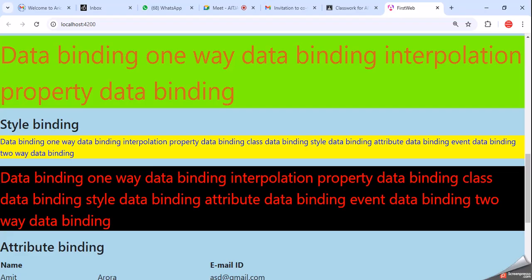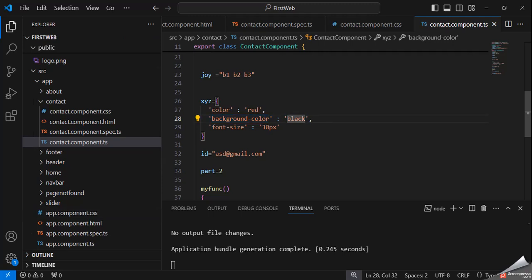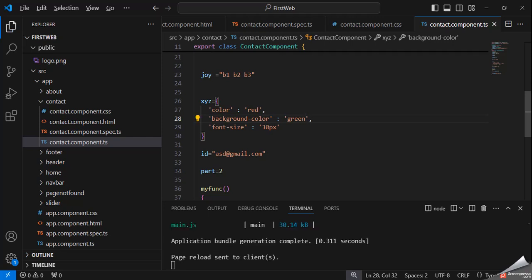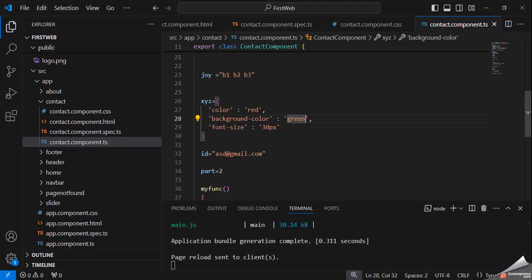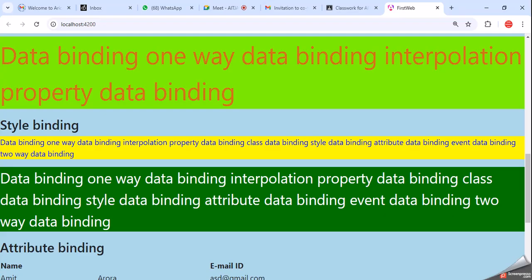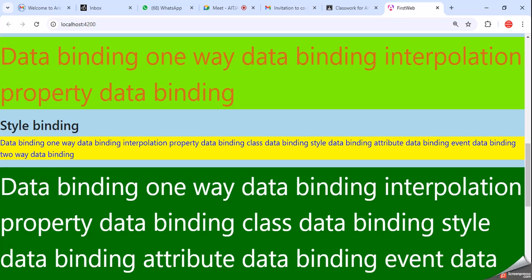Okay, suppose here I have declared red, and as a background color green. You can see the background color is green. If you declare white, then you can see this is white. If here I have declared 50, the size of the font will be 50.